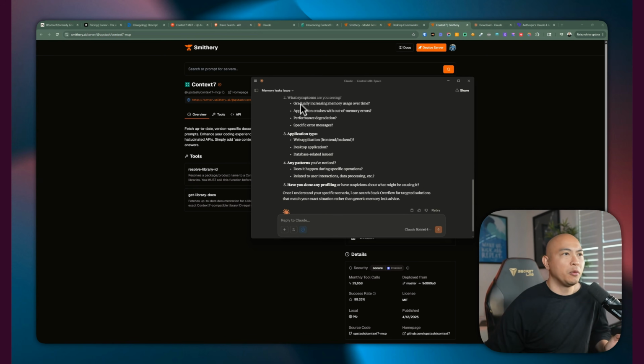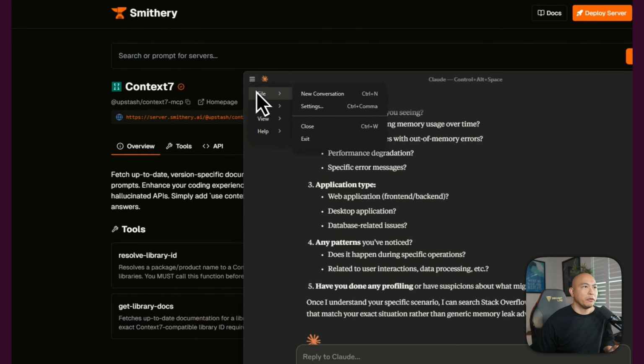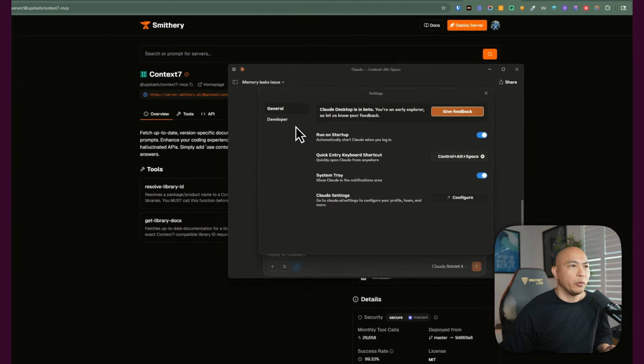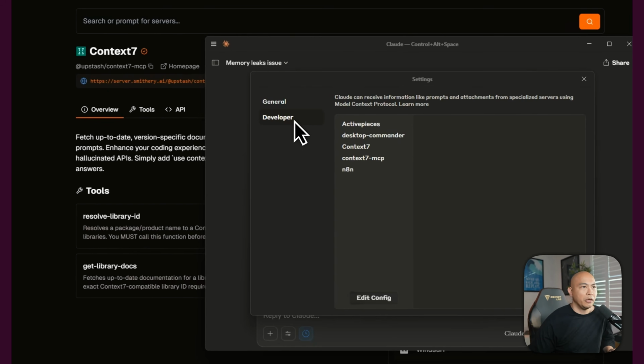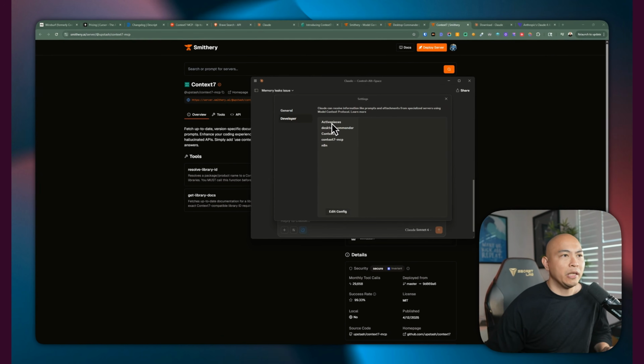So if you decided that you want to install the MCP server manually, you can go to the menu and go to the file and go to the settings. This is where you can set up certain things. You have to go to the developer, which will list out all the different MCP servers that you have installed